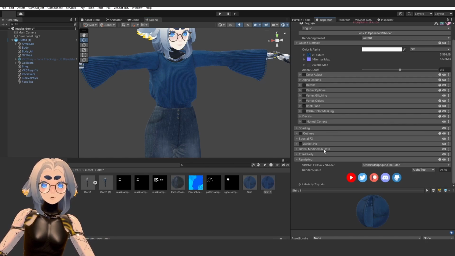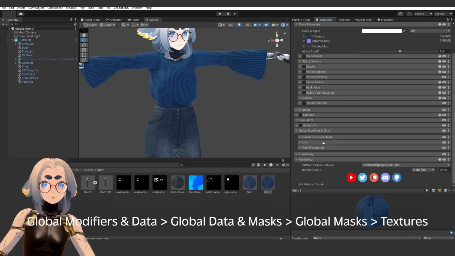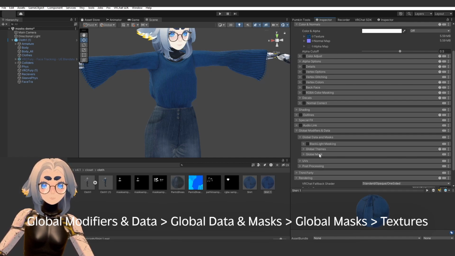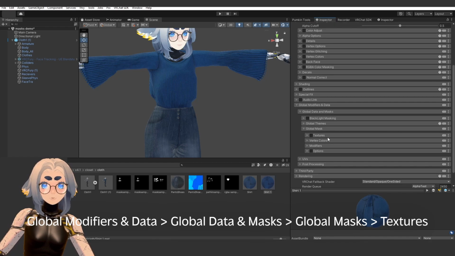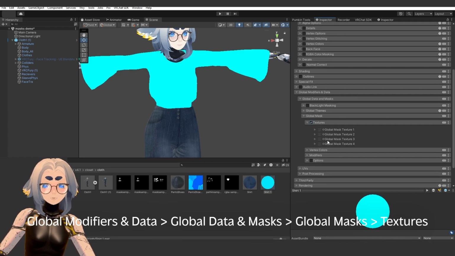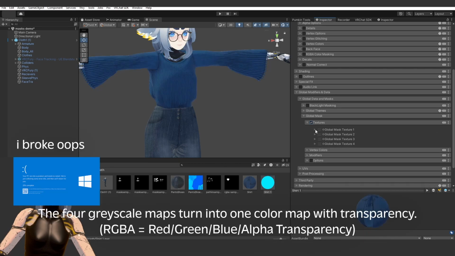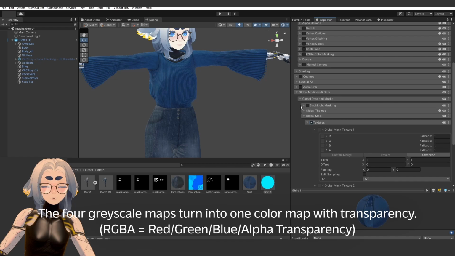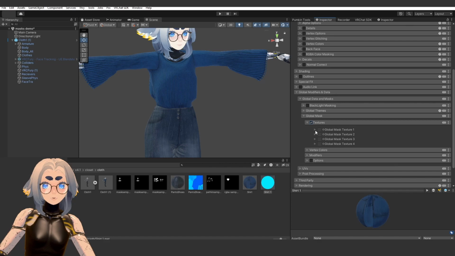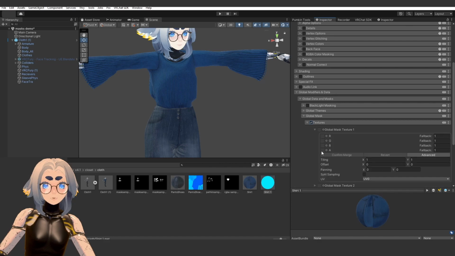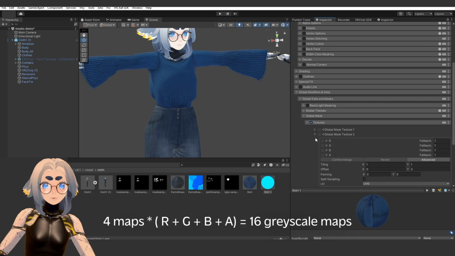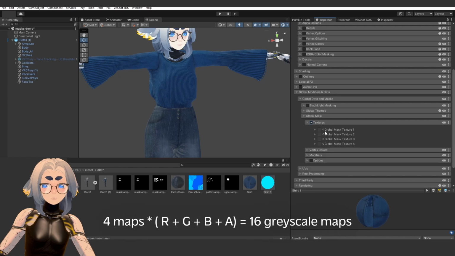So if we go down into our global modifiers and data tab, we have the option to go to global data and masks. We want global mask, we want textures, and then we have 4 little tabs. Each one of these little tabs can fit 4 more channels. So we can have a total of 16 global masks on our avatar, basically. This is mask 1, and then within that mask 1, there's RGBA, and then mask 2, there's RGBA, and basically that just packs all of your different masks into textures to save space,